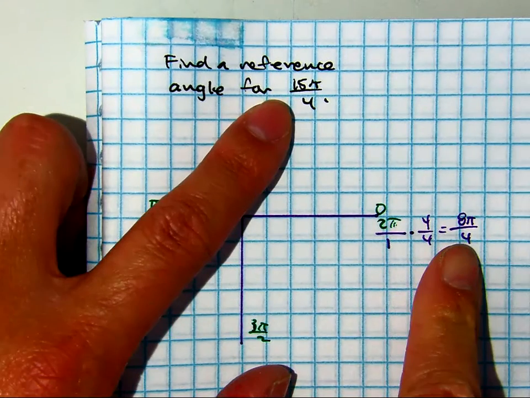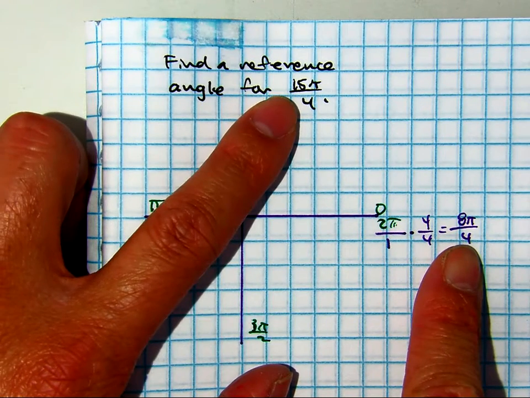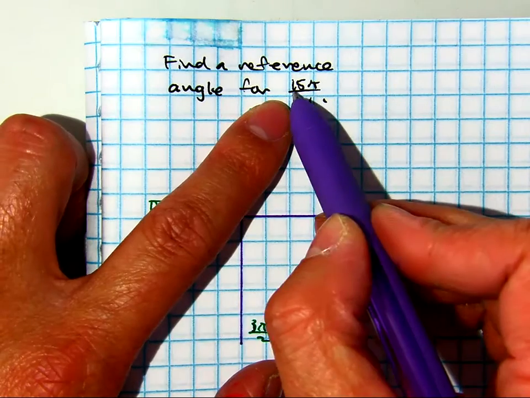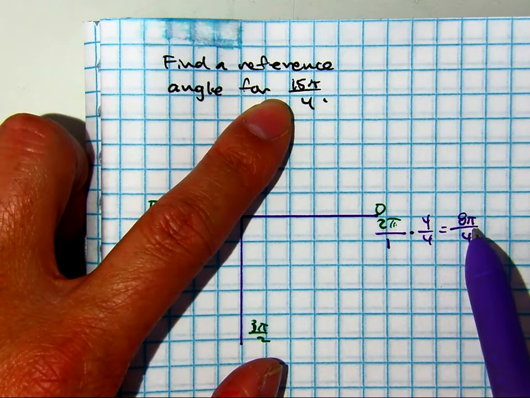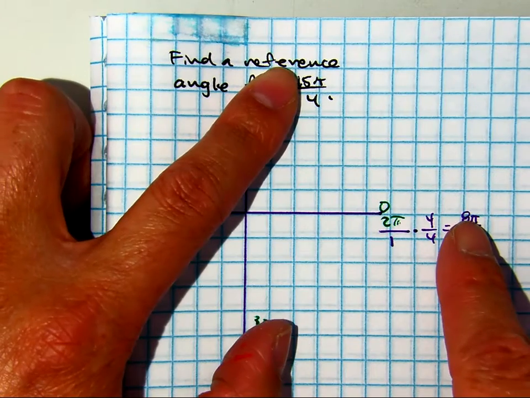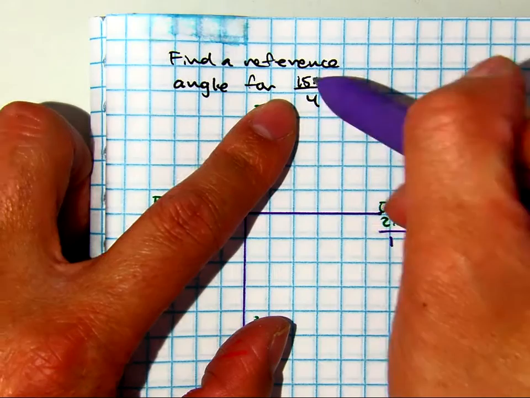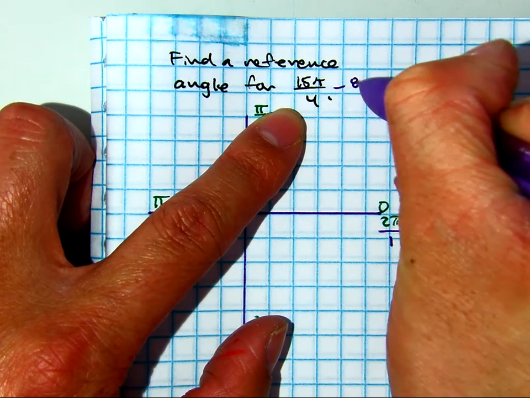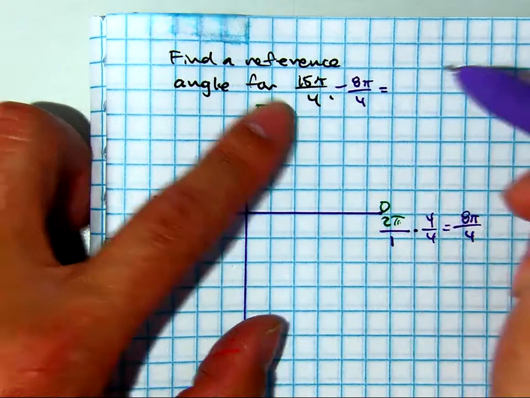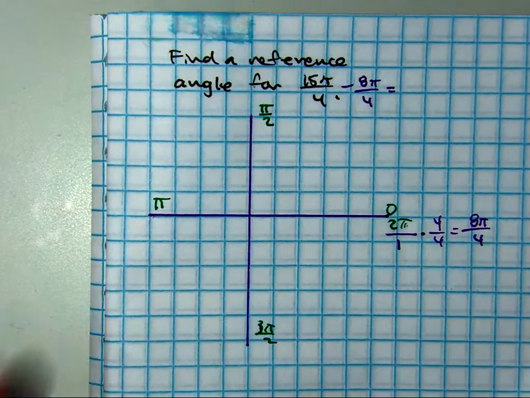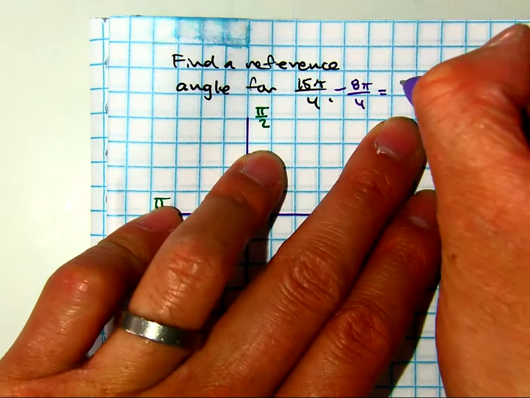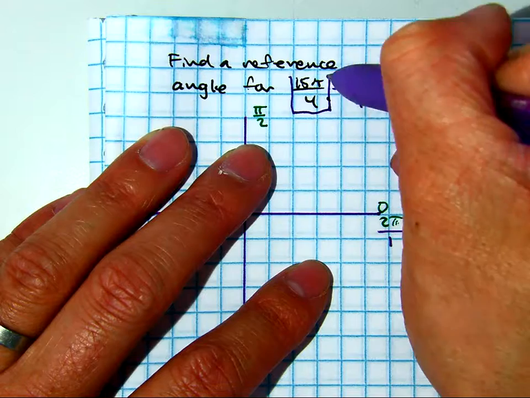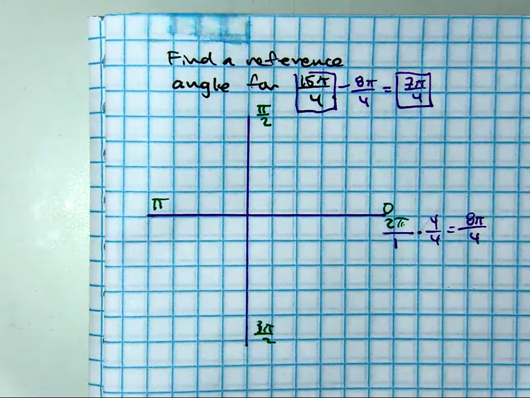In class, is this more than one full rotation or less than? It's more than one full rotation. It's 15 pi, and this is 8 pi over 4. So just look at the number, 15 and 8. What does that mean? That means that this number is too big, and I need to find a coterminal angle, so I'm going to subtract 8 pi over 4. If I subtract 8 pi over 4, I get what? 7 pi over 4. That basically means that 15 pi over 4 and 7 pi over 4 are coterminal